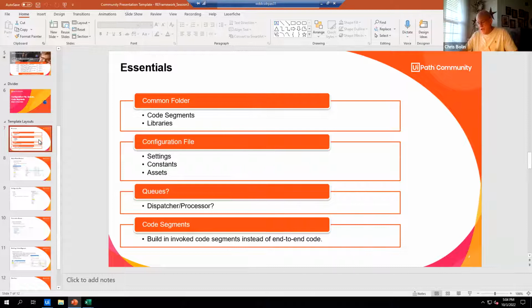We do that at Mary Kay in what we call a common folder, and we'll get into that in a minute. Or you can do that in a library. So a code segment is just that snippet of code. We want to avoid building what we call an end-to-end automation. We want to break that end-to-end automation up into code segments that you can then reuse in other automations, so you're not redeveloping and reinventing the wheel